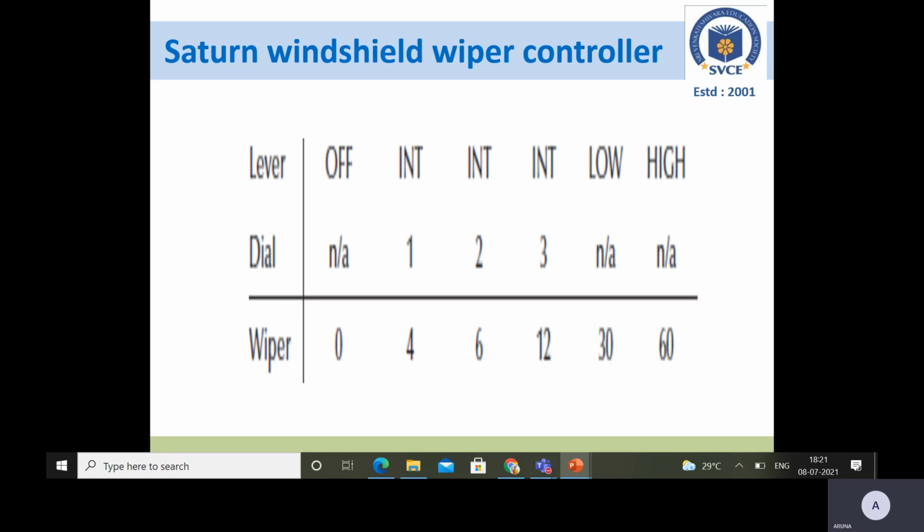We are aware of the Saturn windshield wiper. Let us discuss it.